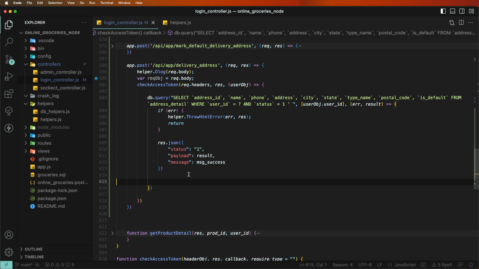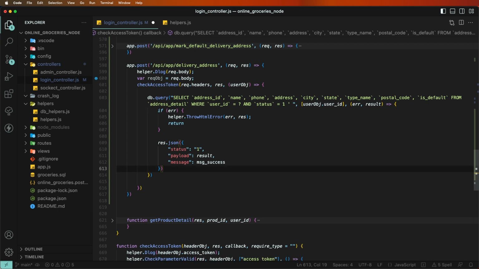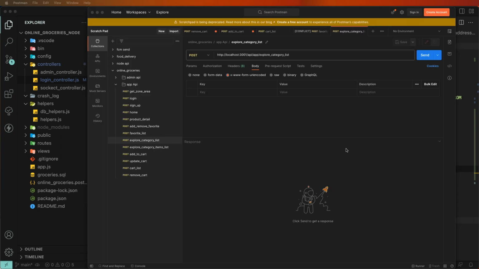and if we get any errors inside the APIs, then we need to fix them first, and first of all open Postman here. Now Postman is open, and we need to check the APIs one by one. First of all, get the add delivery address API, we need to write down here